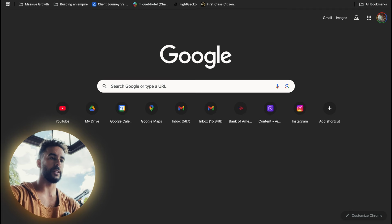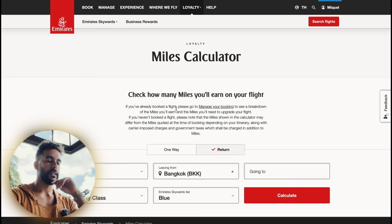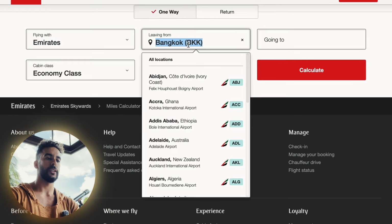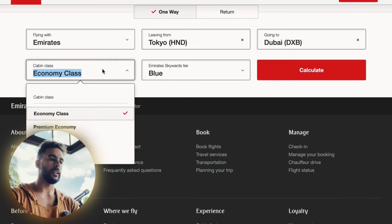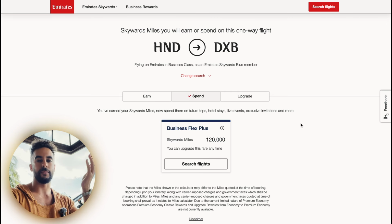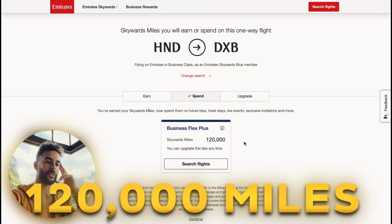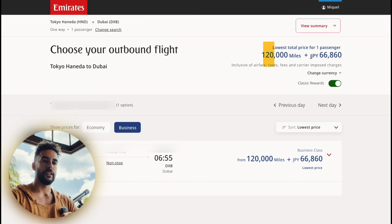Actually, there's a website, Emirates Calculator miles. Just do this, and voila, you have here one way, where you're flying Emirates or Fly Dubai. You're leaving from, let's say, Japan to Dubai in business class, calculate, and boom, you can earn the miles, you can upgrade, or you can spend. That's what we do, right? We invest 100 or spend 120,000 miles into the flight, but then you need to calculate the taxes because they are not particularly cheap. So these are around